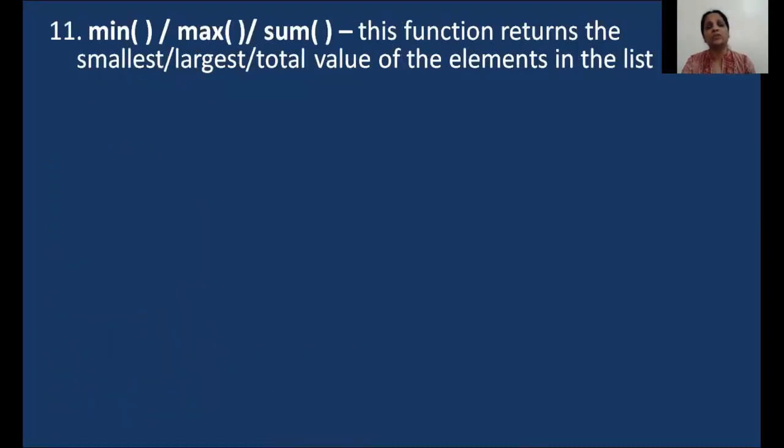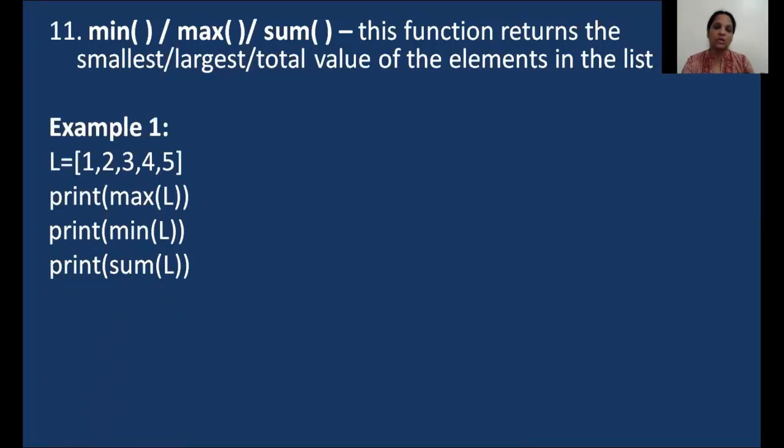Okay, then the last of the functions are min, max, and sum. Even if I don't explain, you would have known what they do. Min will find the smallest value in the list, max will find the biggest value in the list, and sum will find the total value in the list. You can use min and max with strings as well. In that scenario, it's looking at the ASCII value or the ordinal value. Do you remember this topic being dealt with in string manipulation? When we were comparing strings, I told you it's comparing on the basis of their ordinal value or ASCII value. Same thing, it will do the comparison here to find min and max, but definitely you cannot use the sum function with strings. It has to be a numeric value.